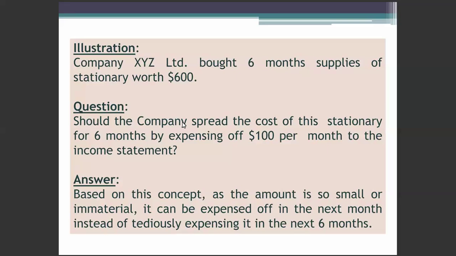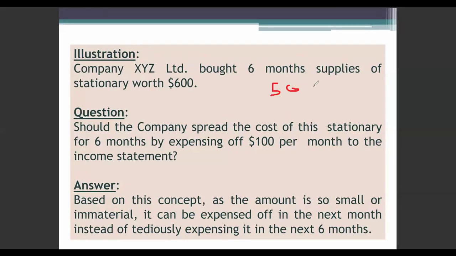So if I calculate the depreciation of 10,000 and the value of the asset is 5 lakhs, and I'm calculating each month as 10,000 depreciation,